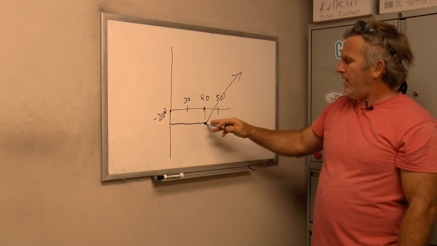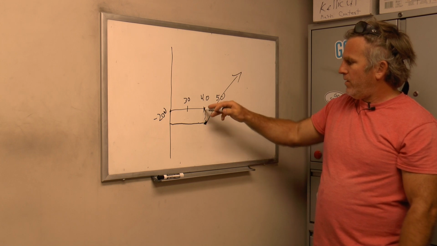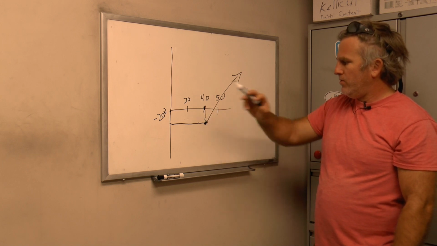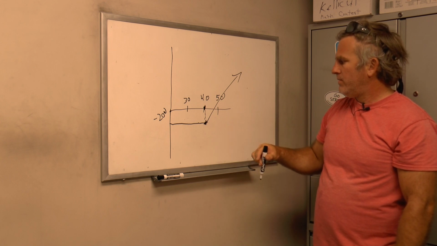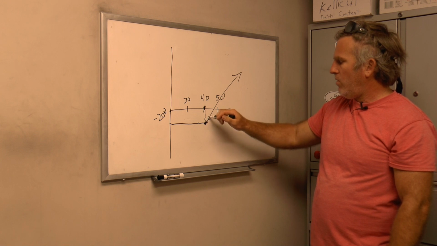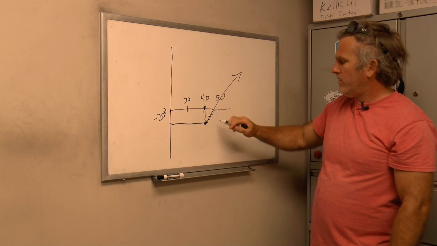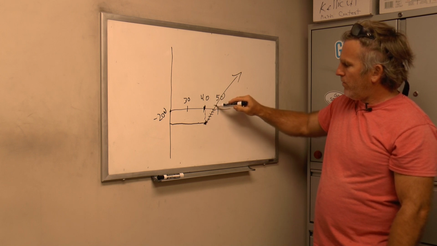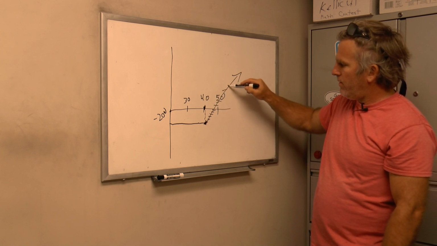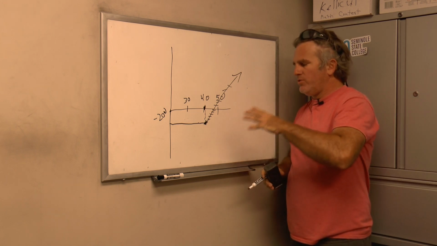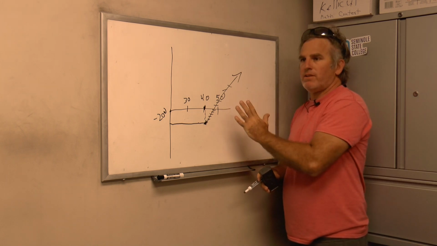So anyway, at expiration, if it's at $40, you lose $200. If it expires anywhere over $40, you're going to get some of your money back. And then there's a break-even point where you start making money, right? And this is just a very super general idea of what it looks like right at expiration.